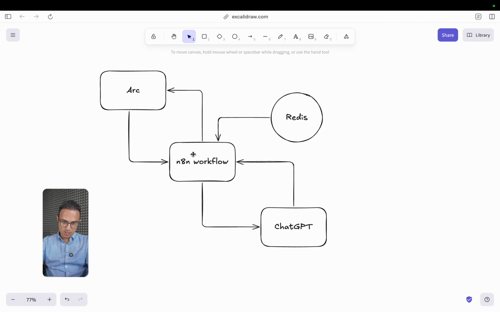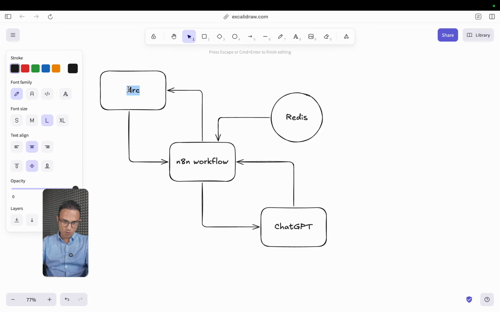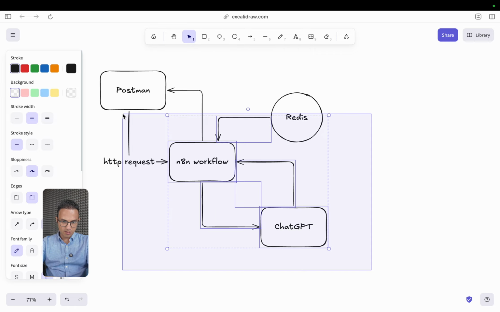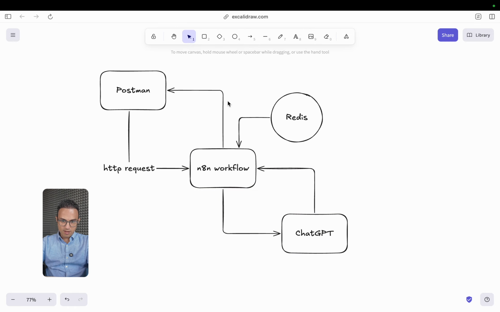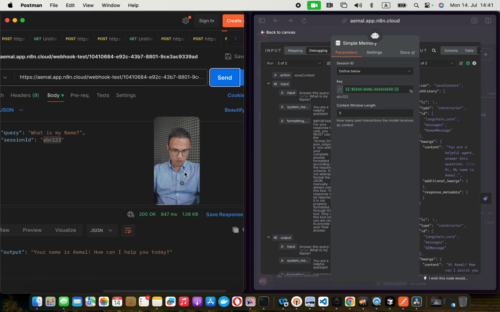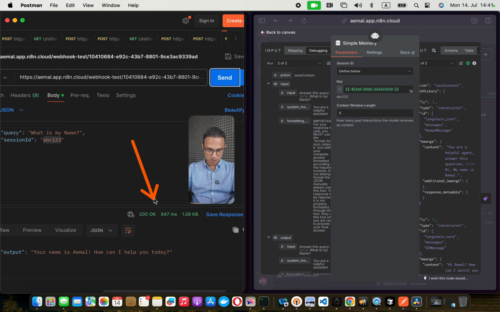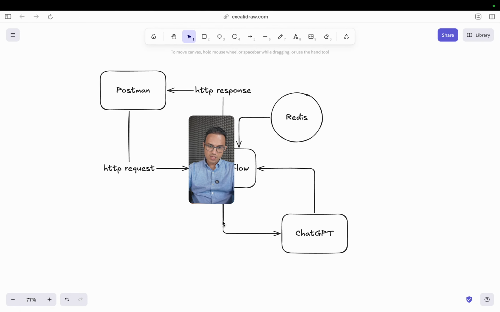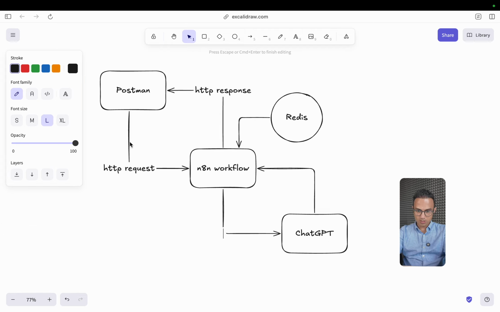So what we changed is this system A became Postman instead of Arc. We send a so-called HTTP request. Some processing happened inside this n8n workflow. And then we got an HTTP response. So basically, this is our HTTP response. The entire thing took 800 milliseconds. This included this API call that happened here. So there was another API call and an API response